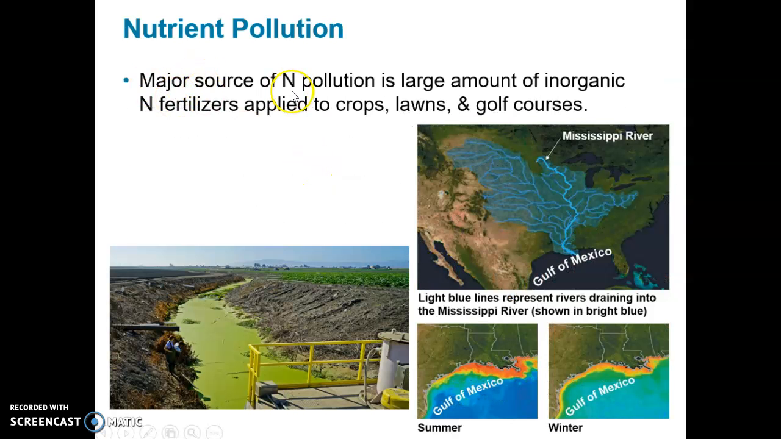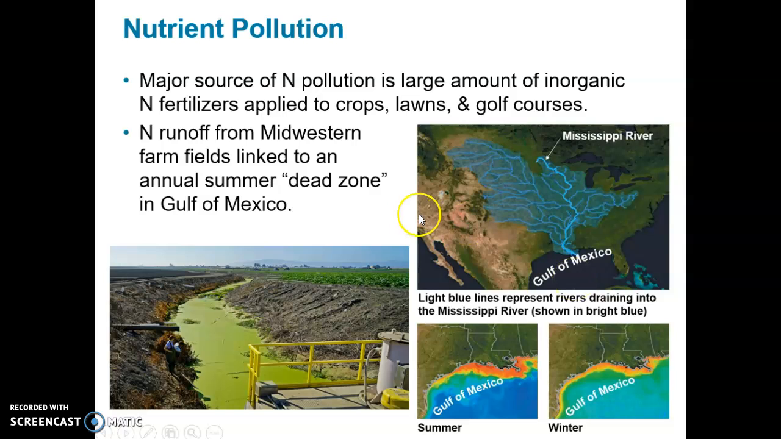So a major source of nitrogen pollution are the large amounts of organic nitrogen fertilizers that are applied to crops and lawns and golf courses to make everything pretty and green. The excess can get into the water column, streams, lakes, and rivers, and eventually work its way out into the ocean, as this figure depicts. So nitrogen runoff from Midwestern farms linked to an annual summer dead